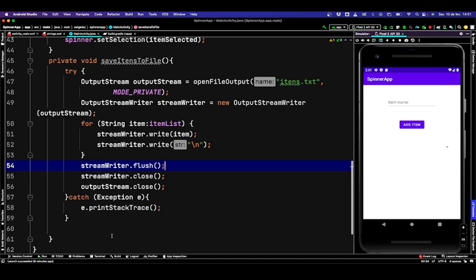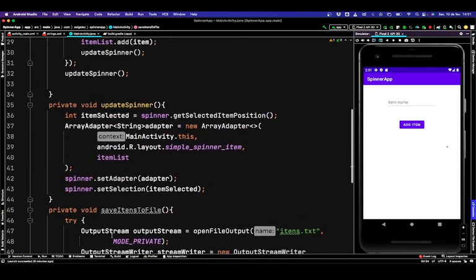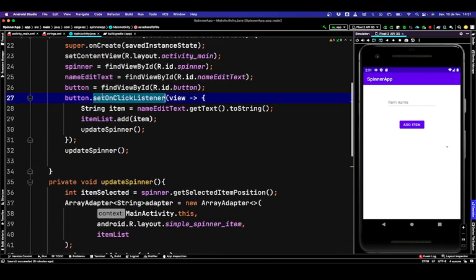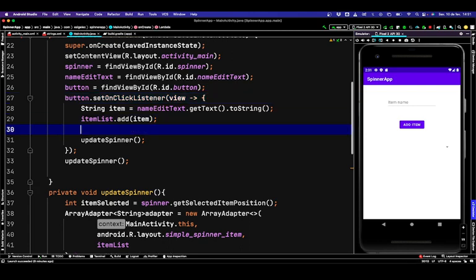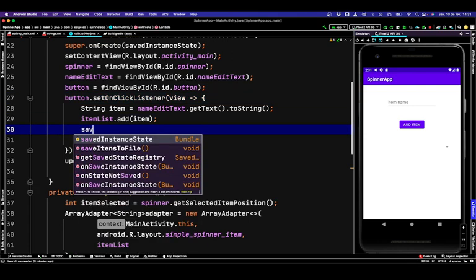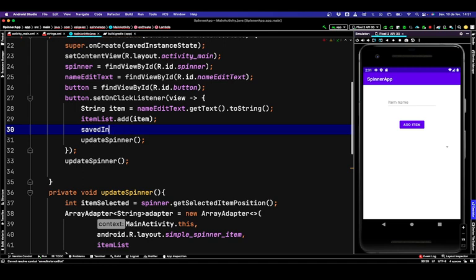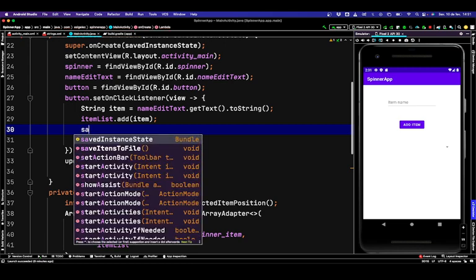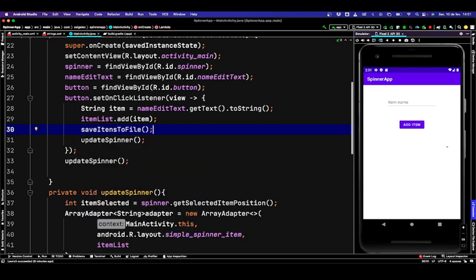So now, when do we need to save the items? Probably we need to save every time we change this item list, okay? In our case, it is when we click on the button. So after we add the item, we are going to call save items to file. Okay. Now if we press play,